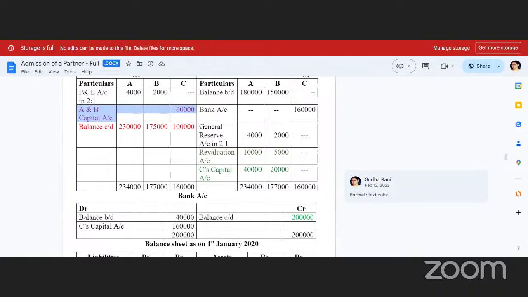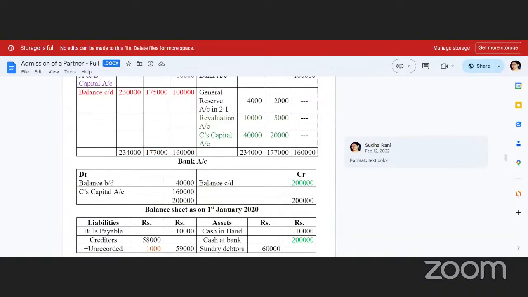Again, now A's credit total and A's debit total, fine. The difference amount is going to be balance carried down. Means this is the new balance of capitals of the old partners by the time of admission of a new partner after all adjustments. Okay, so whatever you get, same for B, you should take the debit and credit totals and find the difference, put the difference amount on the side where it is falling less, by writing balance carried down. And for C also, admitted by this date, it's a new balance sheet. So new partners capital account. So whatever the balance carried down you got, that has to be taken